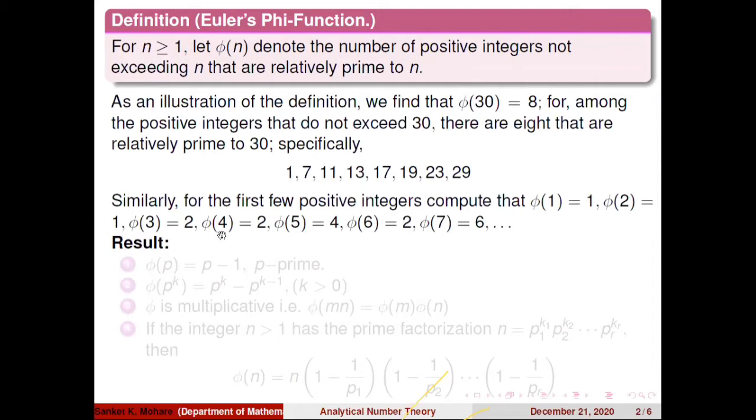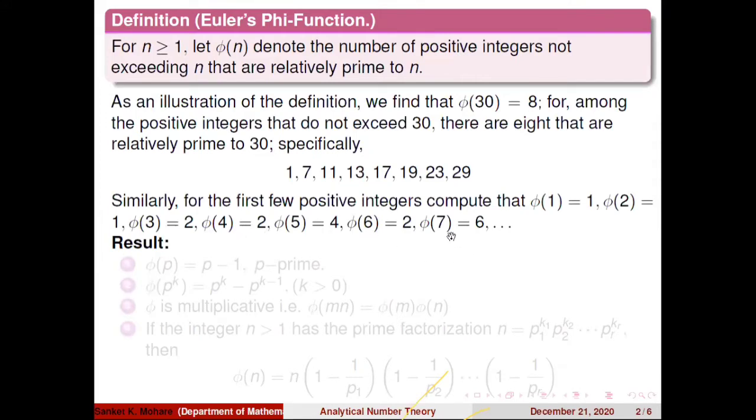So phi of 3 is equal to 2. Similarly phi of 4: here you have to find those integers less than 4. How many integers are less than 4? There are a total of 3 integers. But you have to find only those integers whose GCD with respect to 4 is 1. So what are the integers? First one is 1. The GCD of 1 and 4 is 1. Then the GCD of 2 and 4 is 2, so it does not belong. The GCD of 3 and 4 is again 1, so there are only two values which are co-prime to 4, that are 1 and 3 itself. Therefore phi of 4 is equal to 2.